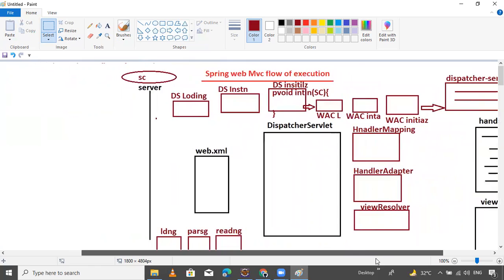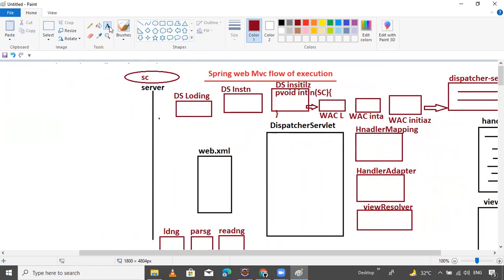Okay. Now here, create one client browser like that. This is the browser, suppose. This is the client browser.